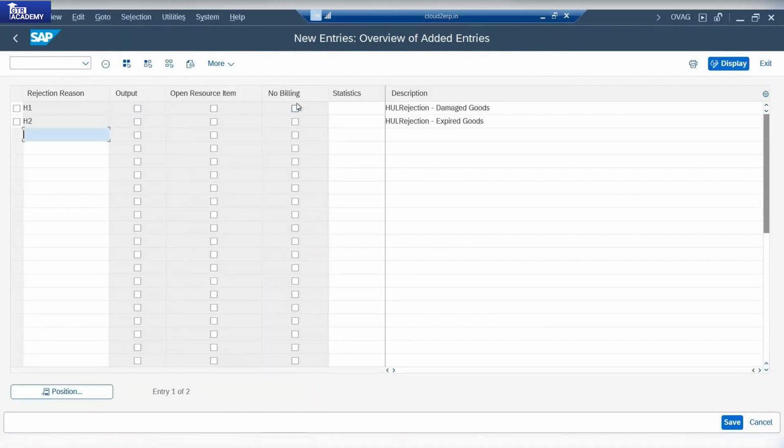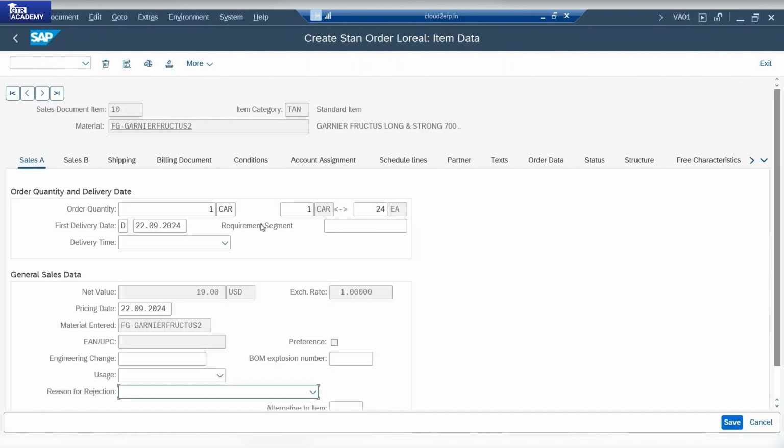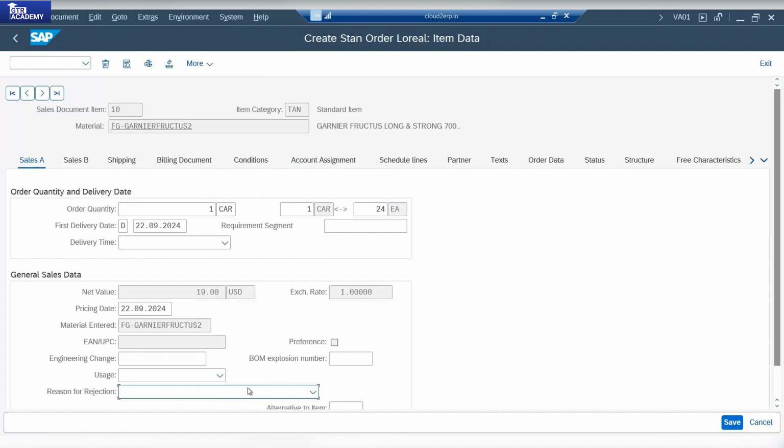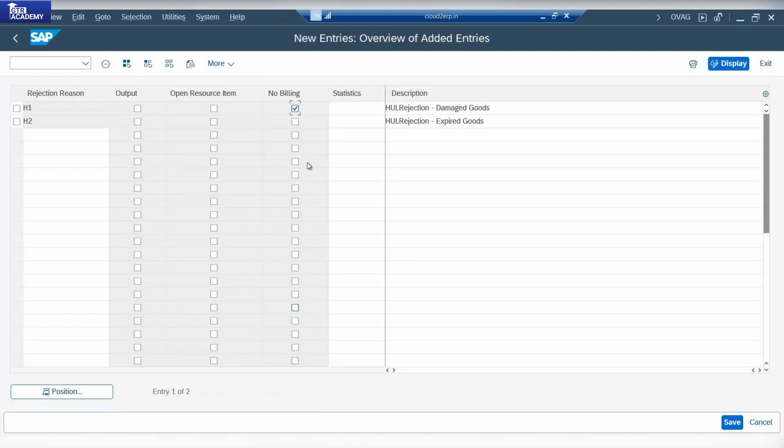Okay, if you put a tick here, and then you put the reason for rejection here, then any material which has a reason for rejection will not be allowed to go for billing. Okay, similarly for statistics, right? If you want it